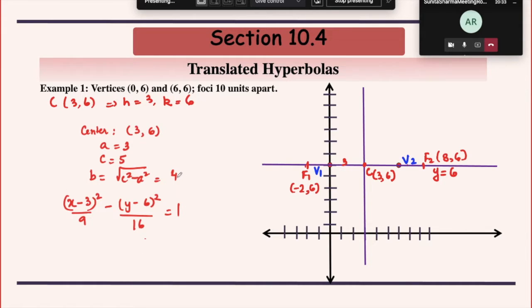Now if we have to plot it, we have to firstly form that rectangle. The rectangle has one side dimension of 6, which is 2a, and the other side dimension is 2b. So b is 4 in this case. So from the center, move 4 units up and 4 units down. Complete the rectangle which has sides 8 and 6. So 2a and 2b are the dimensions of the sides of the rectangle.